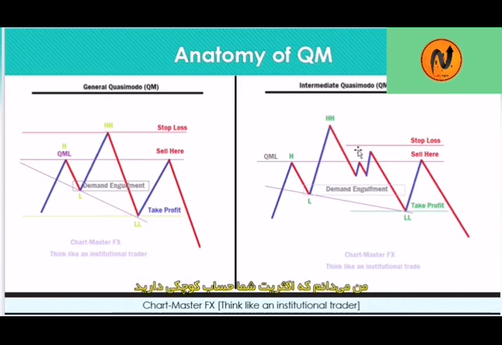So I know that most of you will be having a smaller equity. So it's my advice to you that you can use the Quasimodo, which is the intermediate version, so that you can reduce your losses. So this is the general and the intermediate. So now, guys, we go to the